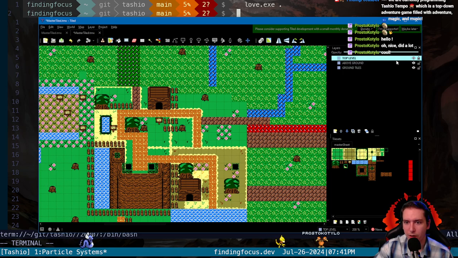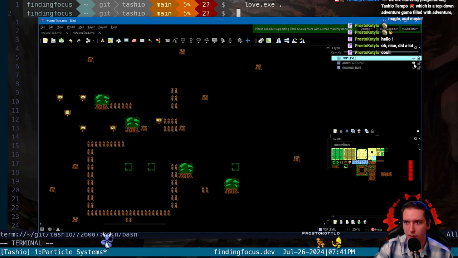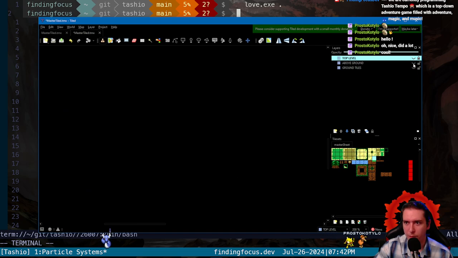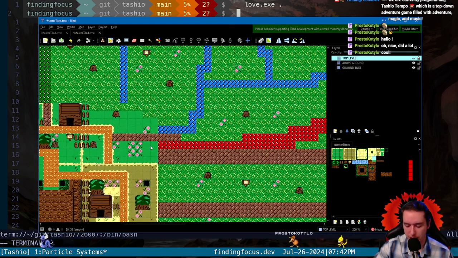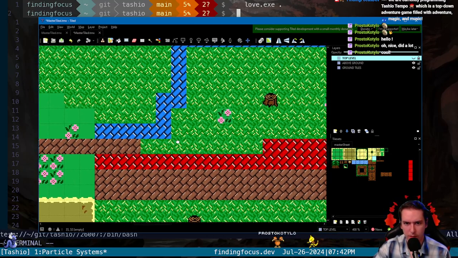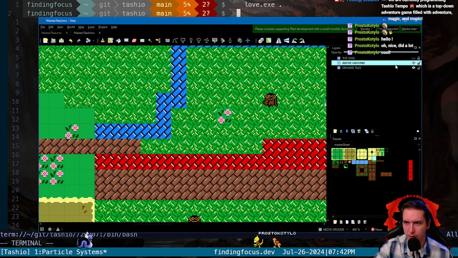So if we go to our above ground, actually, yeah, we'll start with the above ground. Let's see, we need to find the exact panel. So these 4 squares are what's messing up. So I think we need an invisible tile right here, and make sure that there was no